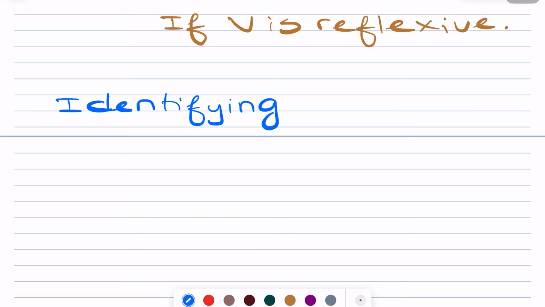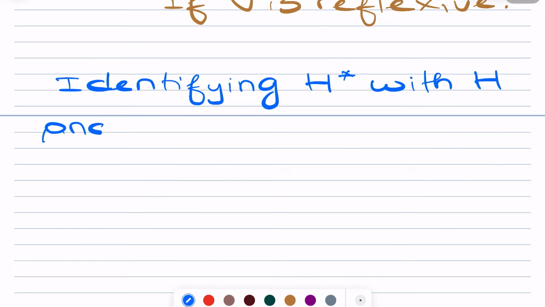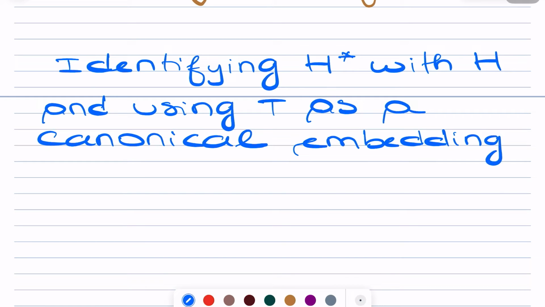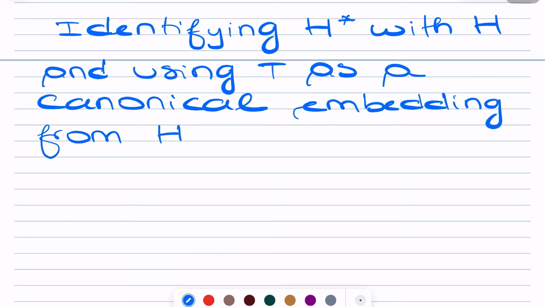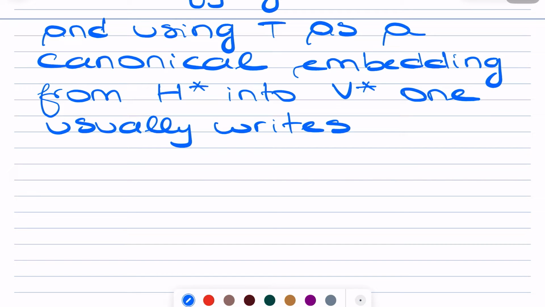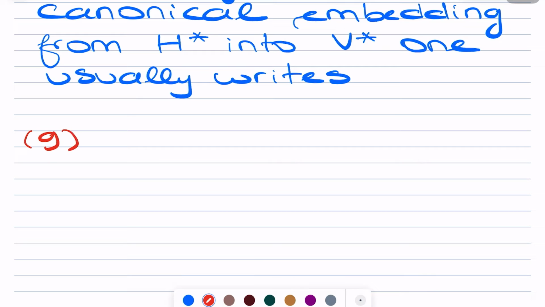So identifying H star with H, and using capital T as a canonical embedding from H star into V star, one usually writes, we call it relation 9, V is actually contained in H,